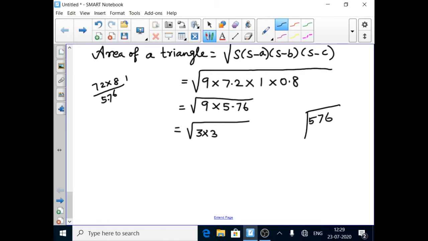576. Okay, so how to find the square root? You can split it into two terms from the last. Okay, so it says 3 terms, remaining 1 term take as it is, then split 2 terms behind. So now in 5, what square number is there? We can take 2. So 2 2s are 4, balance 1. Okay, then you can take the 76.